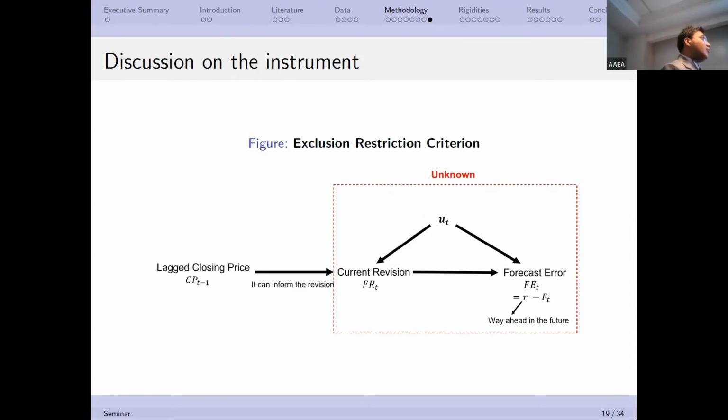People could anticipate revisions, but our instrument is the lag closing price, and we are using lag closing price from 1 day before the USDA reports are released up to 15 days before the reports are released. We also tried 30 days before the USDA reports are released, because USDA might be considering that information when making these forecasts, since after some time USDA reports go into lock-in before they're released to the market, to the public. So up to 30 days before these reports,